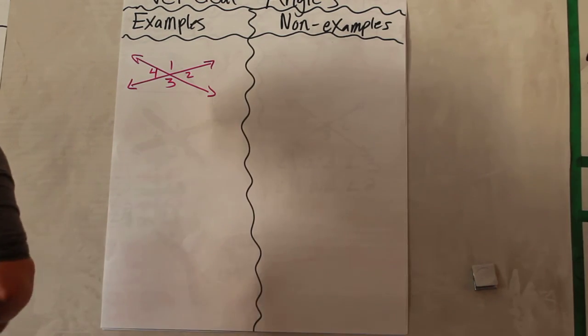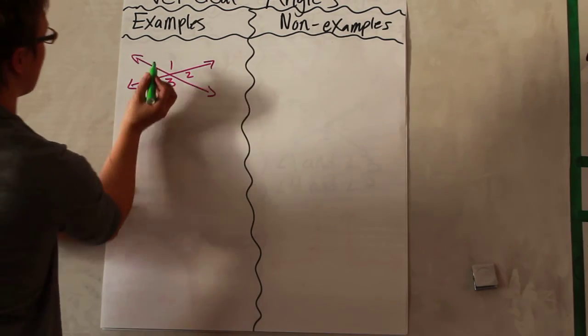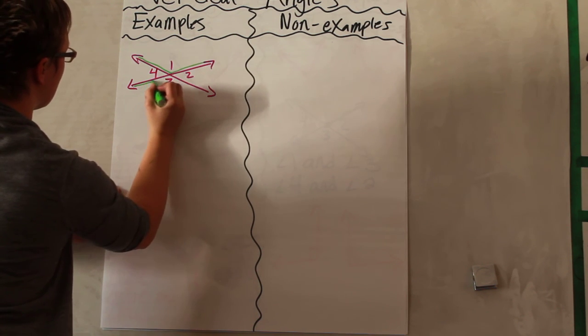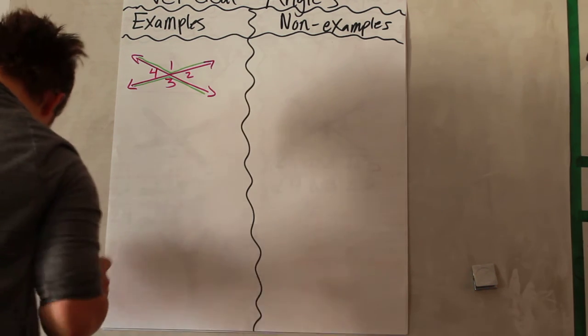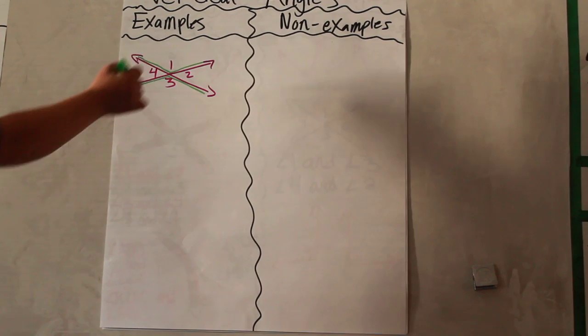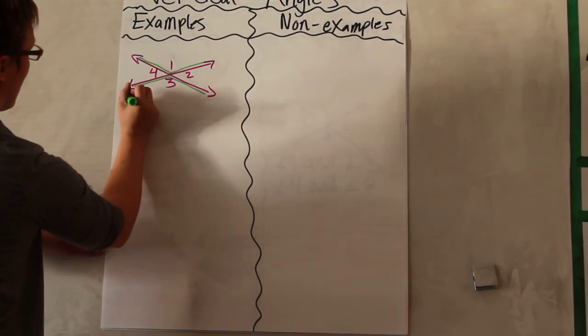We can see here that angle 1 and angle 2, they share a vertex. They do share a vertex, and they're directly across from each other. So angle 1